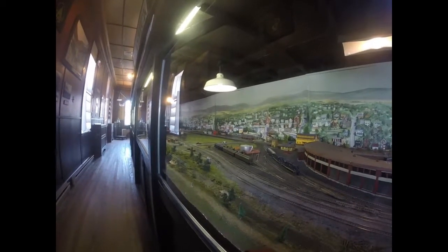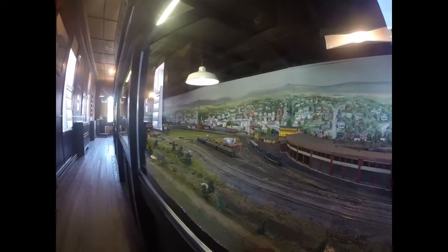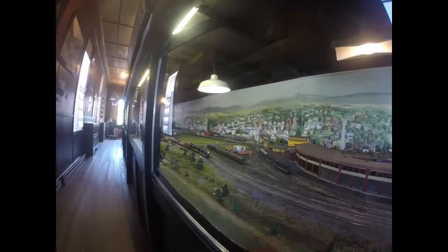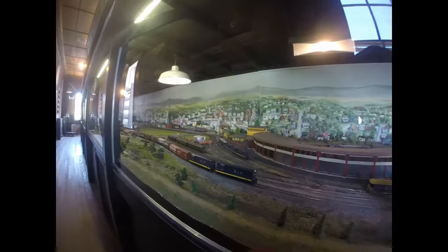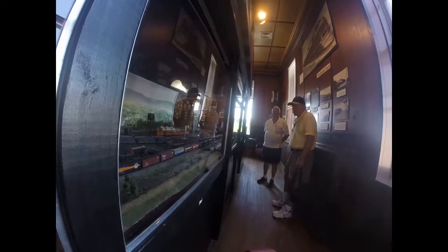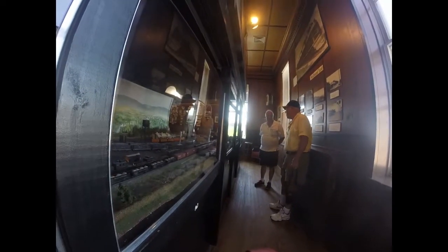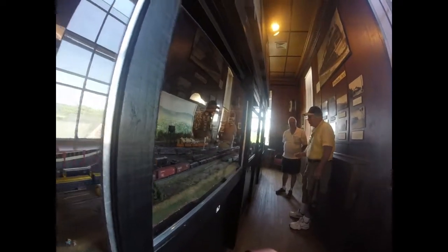I got a couple of projects. My layout's not that big. It's about 10 by 12 L shape and it's about 50 inches wide. And I got projects laying down there for a year or 2 years. I just can't seem to find the time to do it. If something needs to be done around the house, or I got a 94-year-old father-in-law that constantly has to go to the doctor. So,